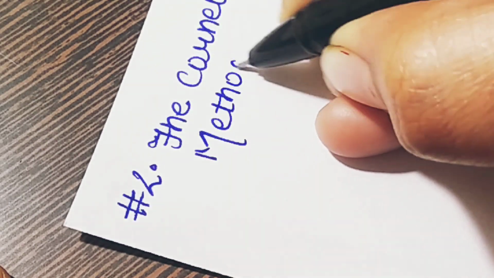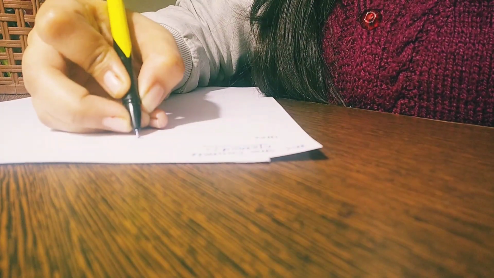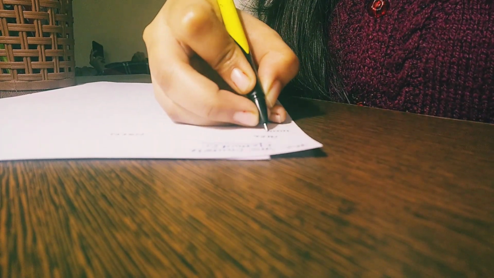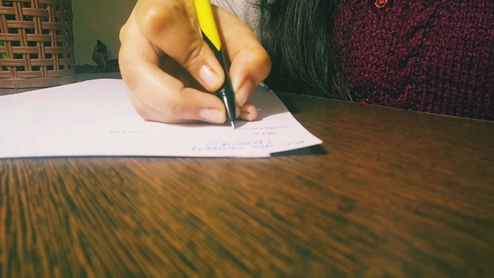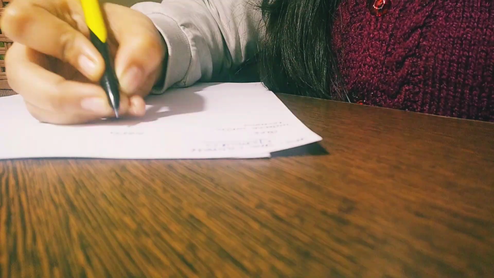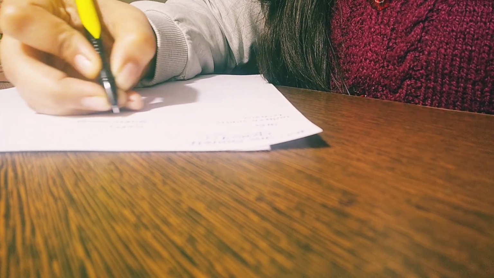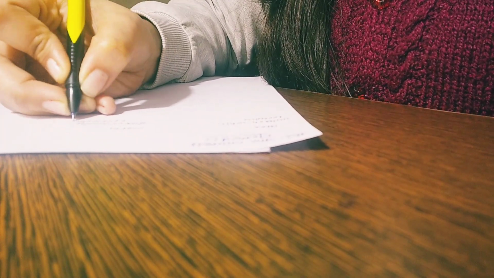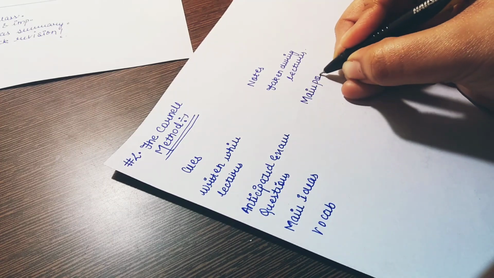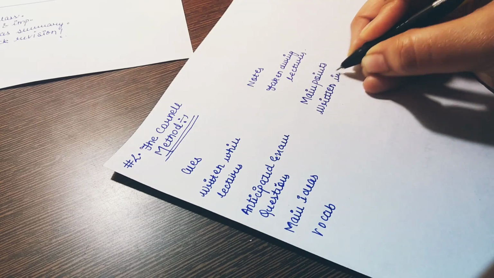The second method is the Cornell method. And I think this is the most common note-taking method. Many students and many scholars believe that the outline method is inspired by the Cornell method. So basically what you are going to do is still organize your notes in an efficient manner but with a little more organization. We are going to divide the page into 3 sections, a narrow column called the Q, then a wider section for the actual notes.